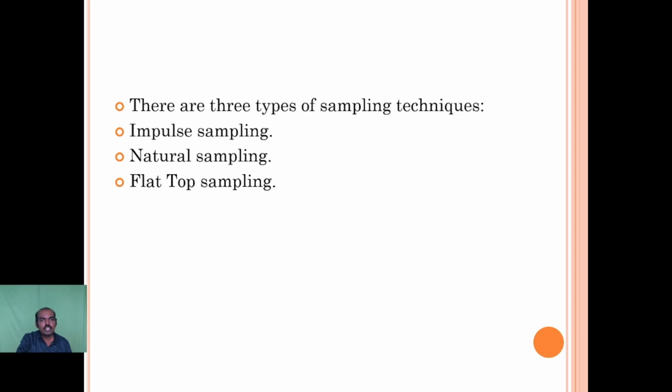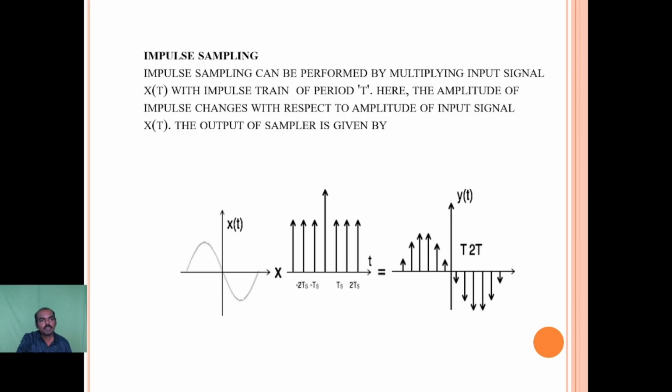Here we used three types of sampling techniques. First one, analog impulse sampling. Second one, natural sampling. Third one, flat top sampling. First, impulse sampling. Impulse sampling can be performed by multiplying the input signal x of t with the impulse train of period t. Here, the amplitude of the impulse changes with respect to the amplitude of the input signal x of t. The output of the sampler is given by